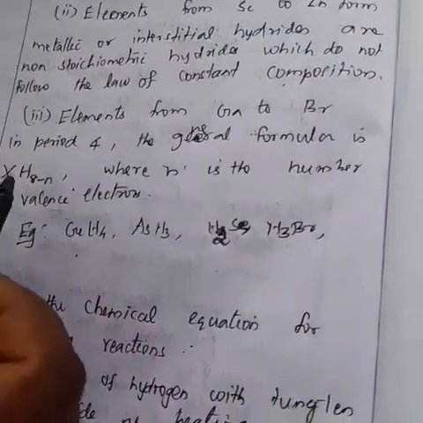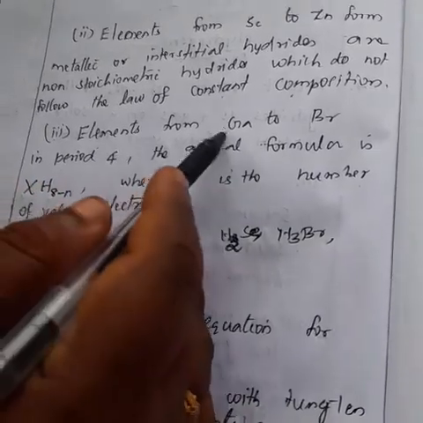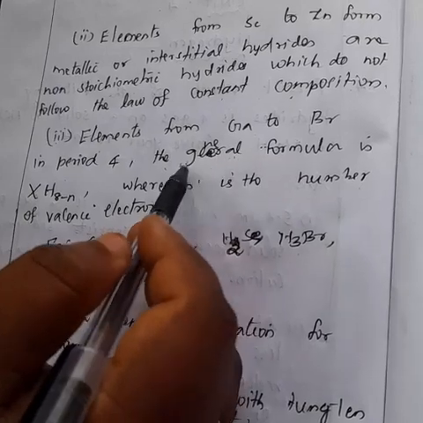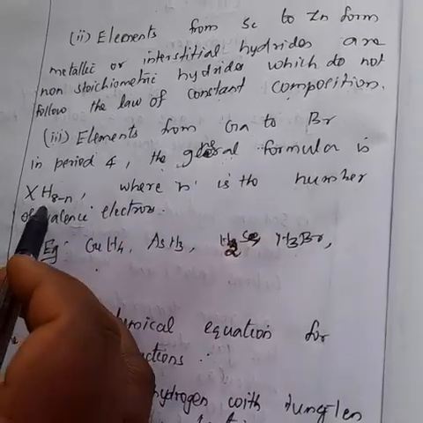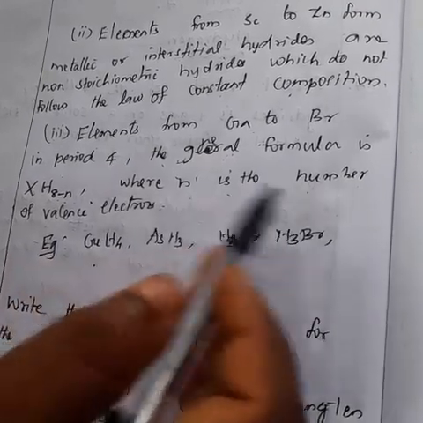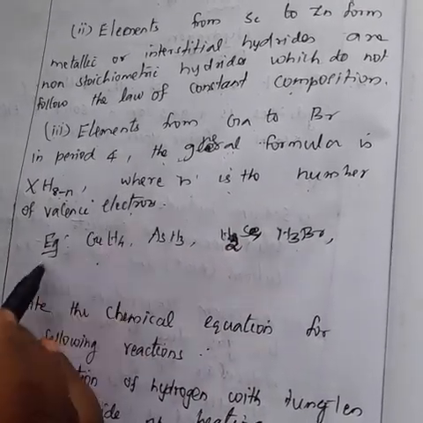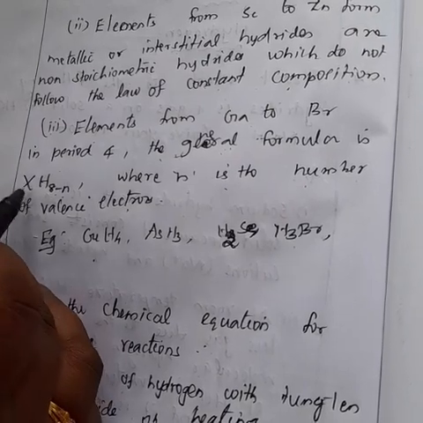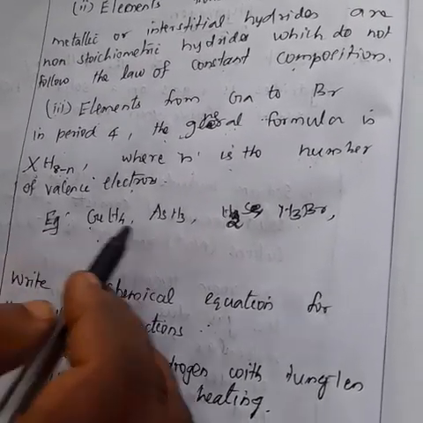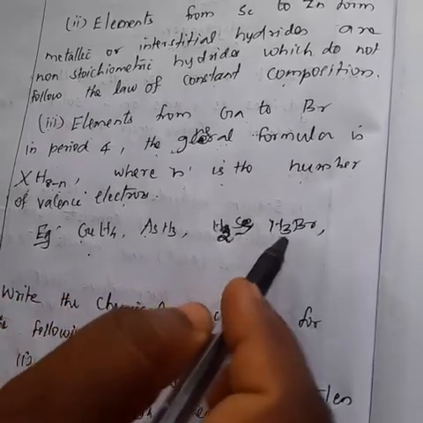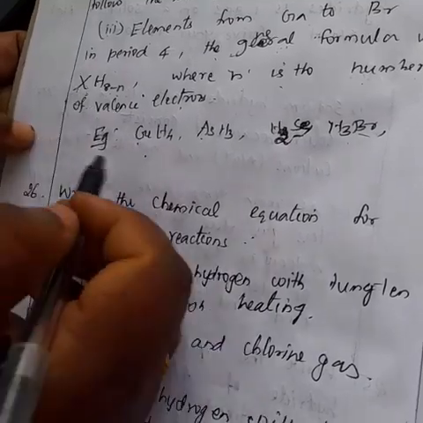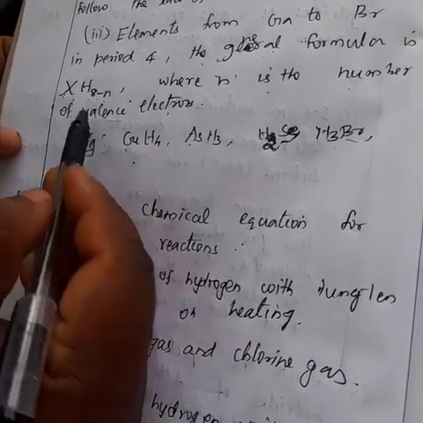And third point, elements from gallium to bromine in period 4, the general formula is XH(8-n), where n is the number of valence electrons. Okay, here X indicates the elements. For example, germanium, arsenic, selenium, bromine. Okay, this X means the elements. And the hydride, 8 minus n, means